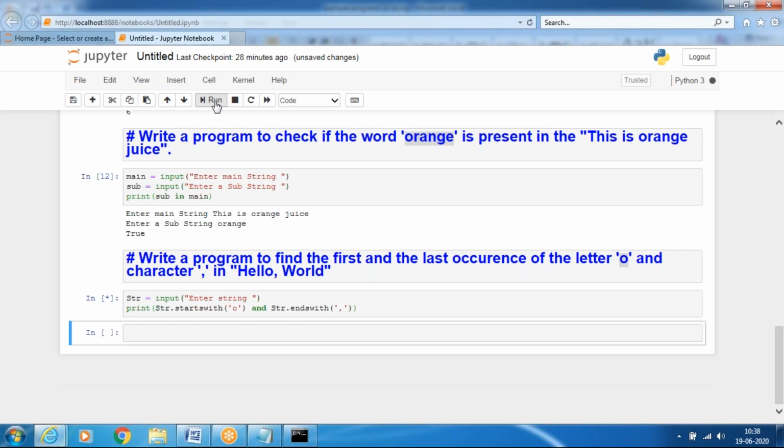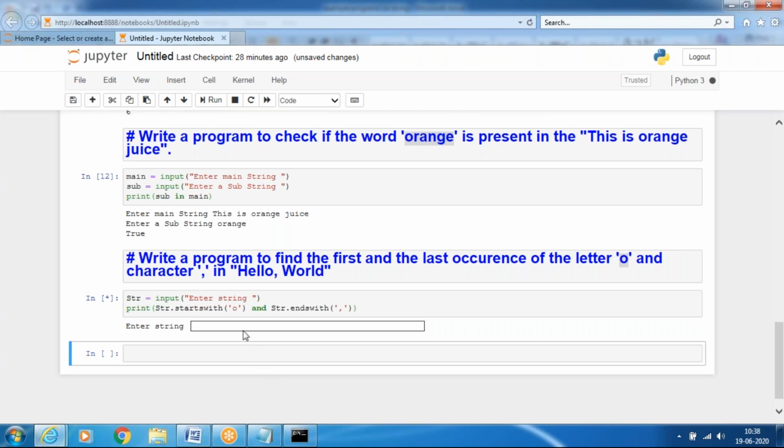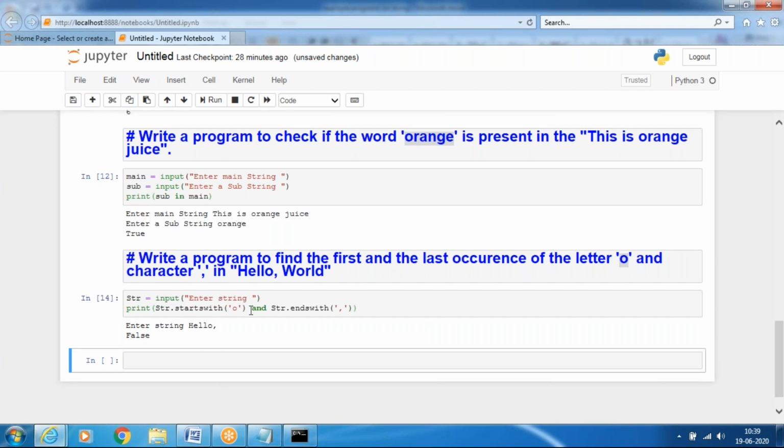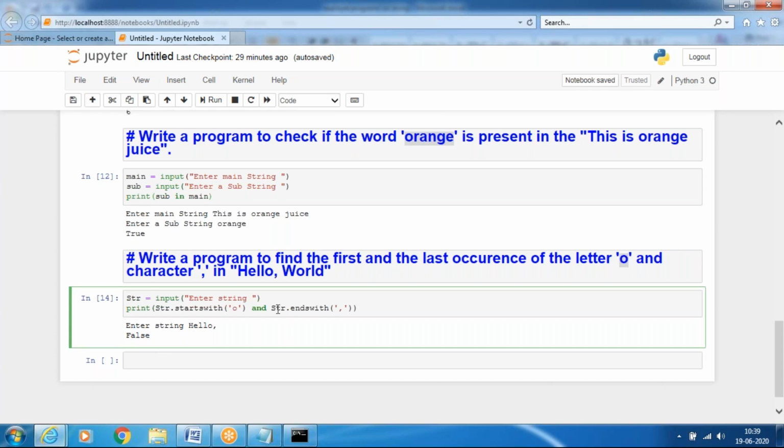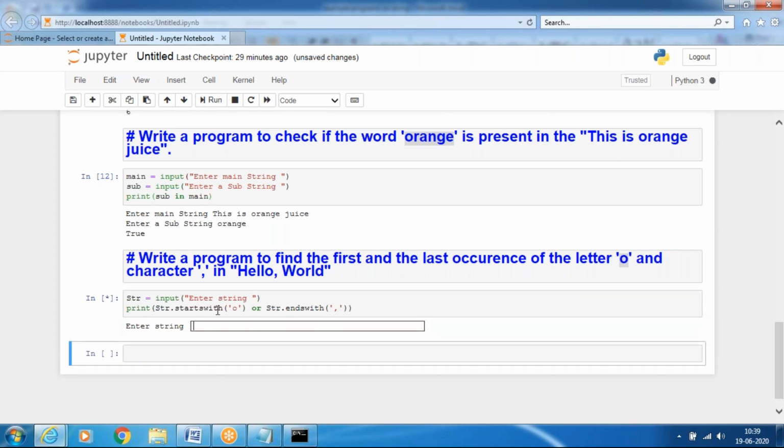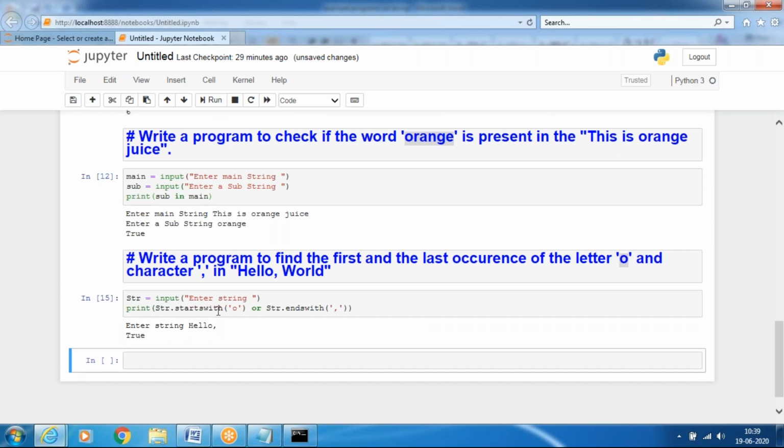Let's run this code again. We'll pass hello, comma. False. If any one is false, it returns false. In case I use R here, it will be true. So again I run the code with hello, comma, enter. It will be true. Let's say if any one is true, it returns true.